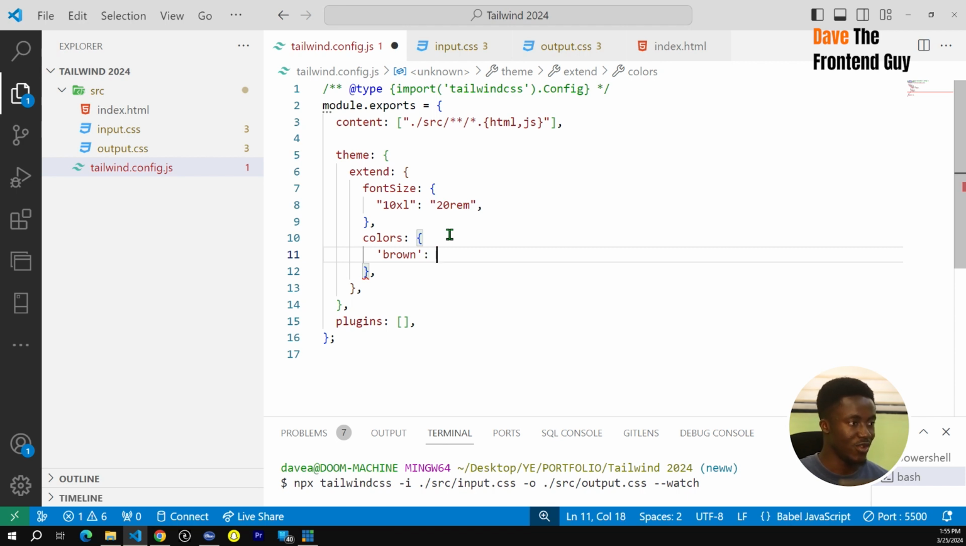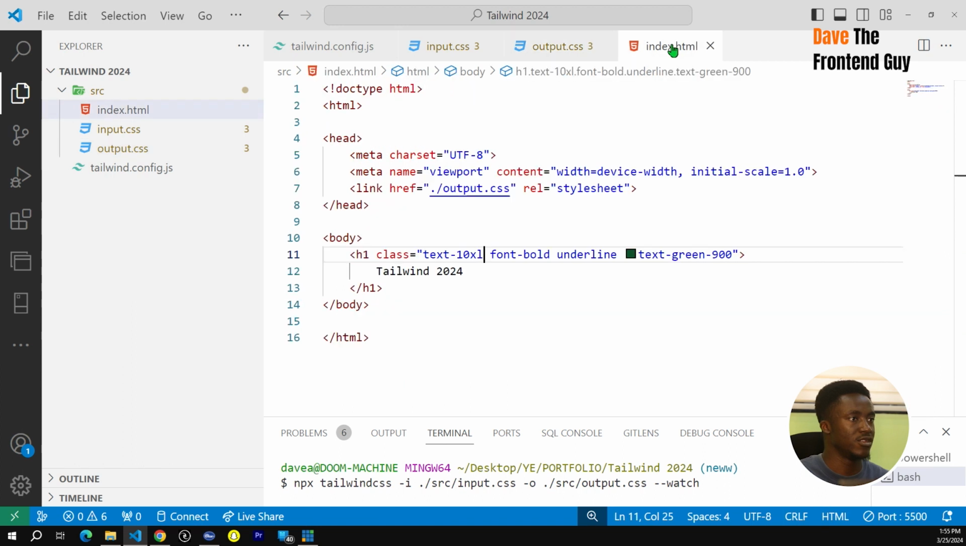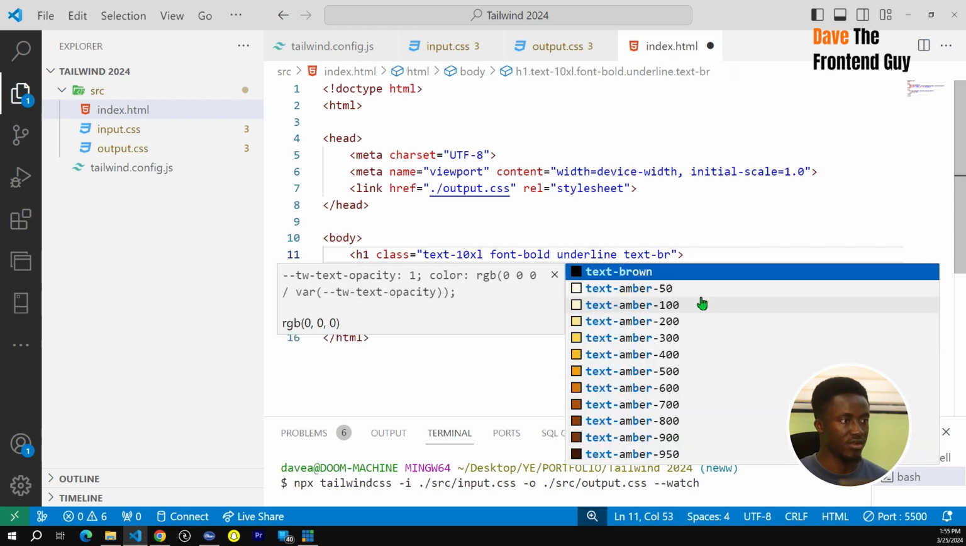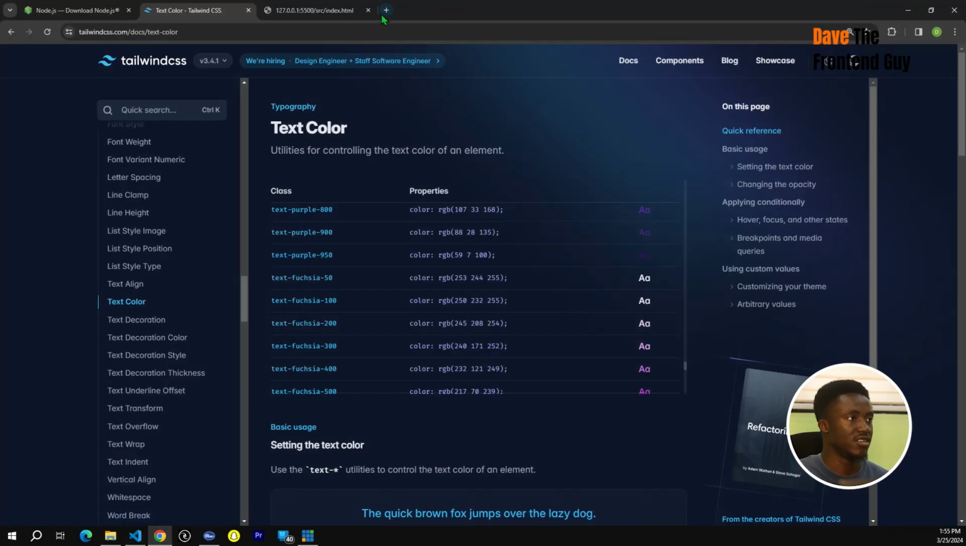What brown color do I know of? Just for demonstration's sake, this is black, but let's say I wanted to add my own custom color. I can get rid of this and do text brown. You can see it's black actually, because I didn't know what brown color code to use. I can quickly look up one